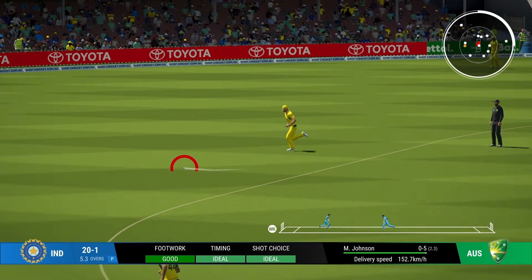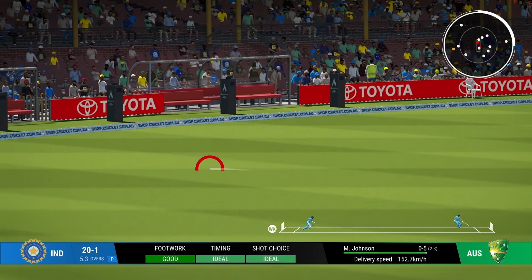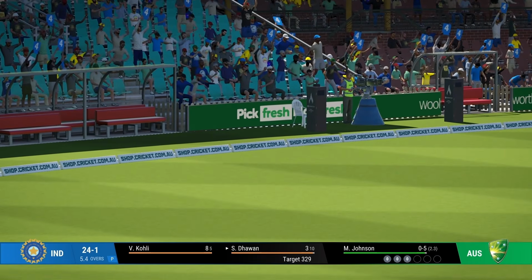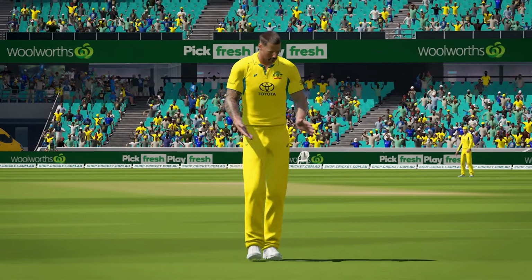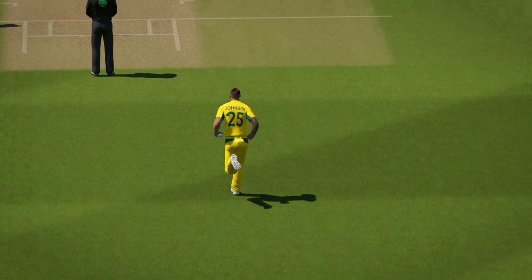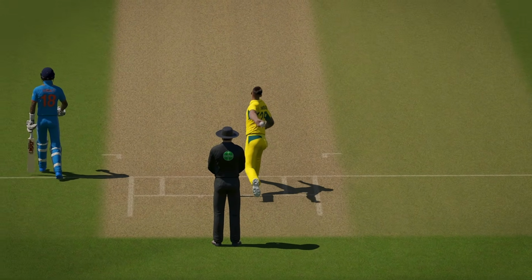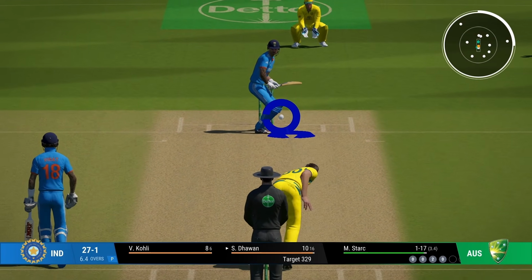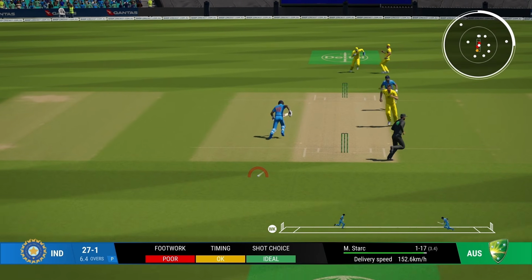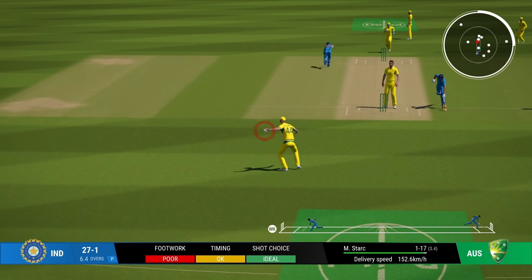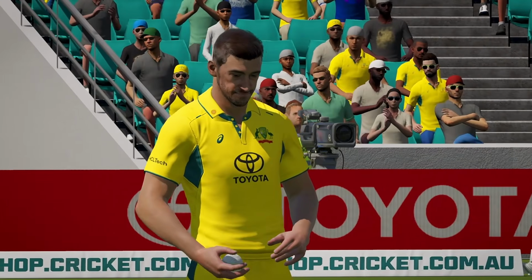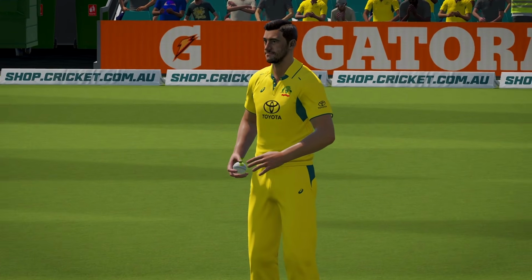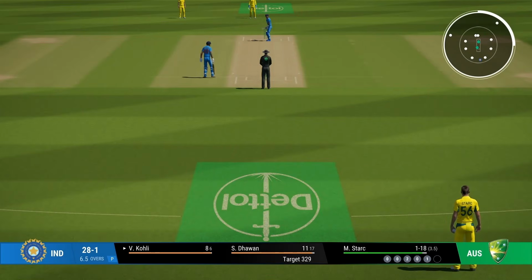Shikhar Dhawan on 3 off 10. This will help. It will go away for the first real loose ball of the over, and we put it away. The AI has been on the mark so far. Every ball almost has been on the mark except for a few full tosses. That was a picture perfect Yorker and very fast as well. Just stored it for 1. We're not scoring fast, that's for sure, but at least we have 9 wickets in hand still.